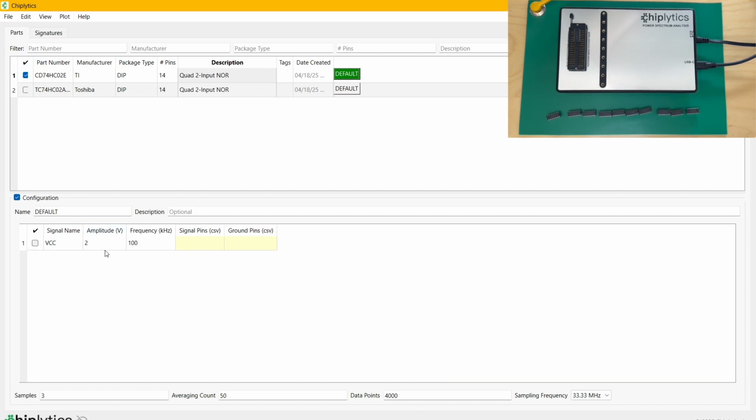I will use the same setup, so it'll be VCC as the signal name. You can name the signal whatever you'd like. I will use a 2-volt peak-to-peak waveform, so it's going to be, once again, 0 volts to 2 volts. That's applied to the device's power pin. I will use an excitation frequency of 100 kilohertz, and similarly for the previous device, the signal pin will be 40, the ground pin will be 7. I will continue doing 3 samples with an average of 50 each and 4,000 data points at a sampling frequency